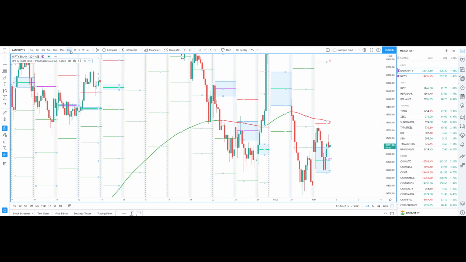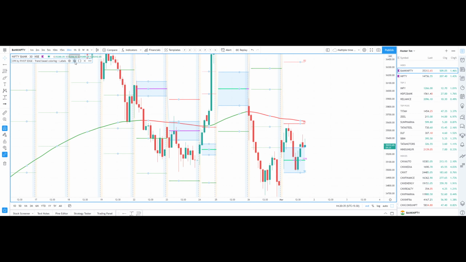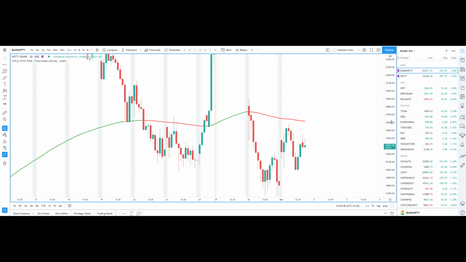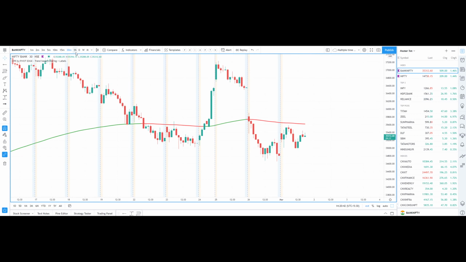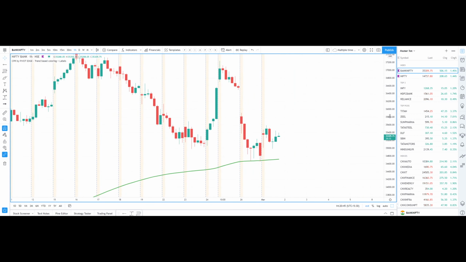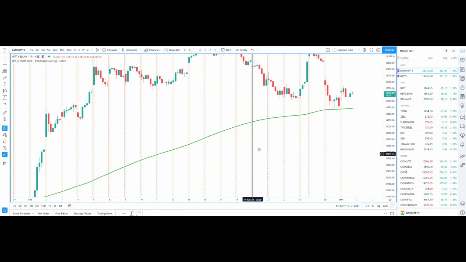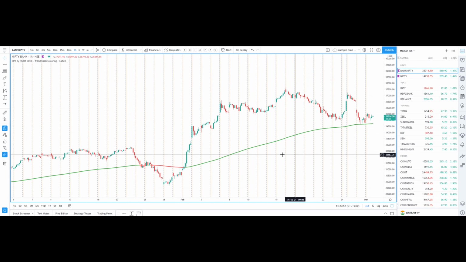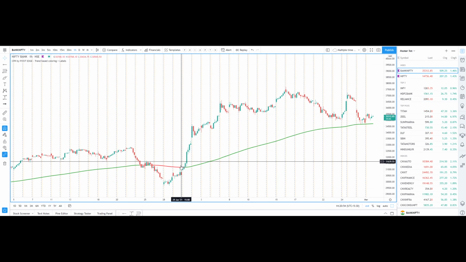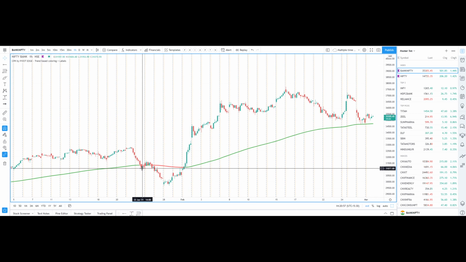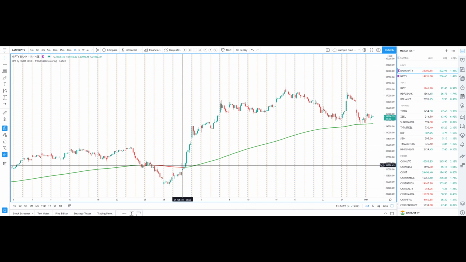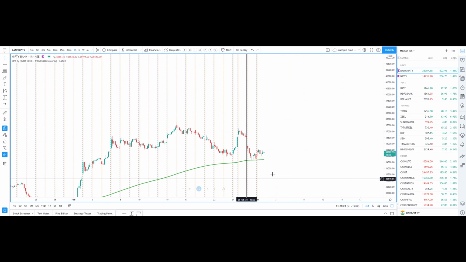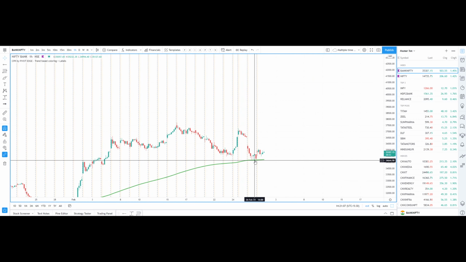For example, if you take any higher time frame, say about 30 minutes or 1 hour, normally this is taken to check the trend in higher time frames. Whenever it comes to this 200 day moving average, it can take support or it can take rejection. Here it has breached this and gone up, then again it has come here and it is taking support here and trying to bounce.